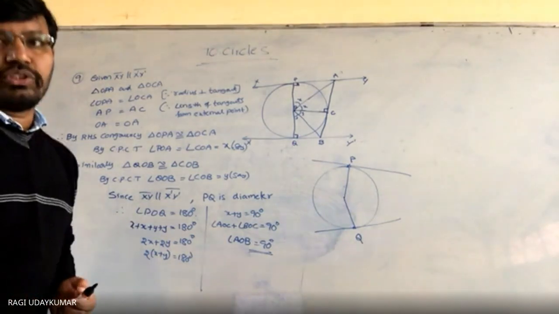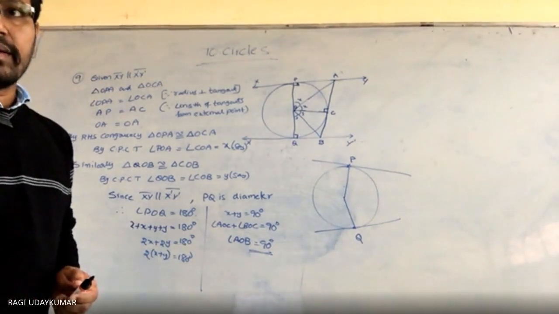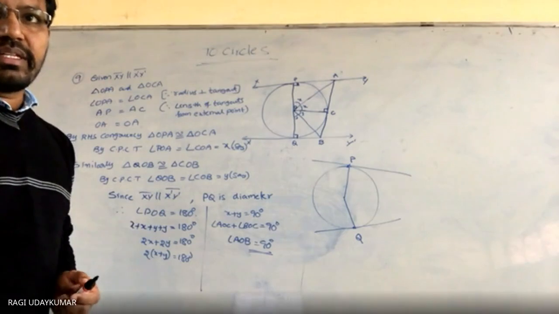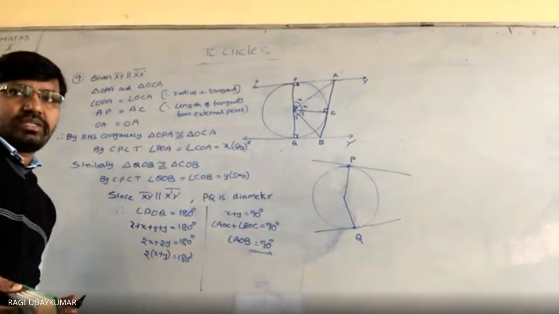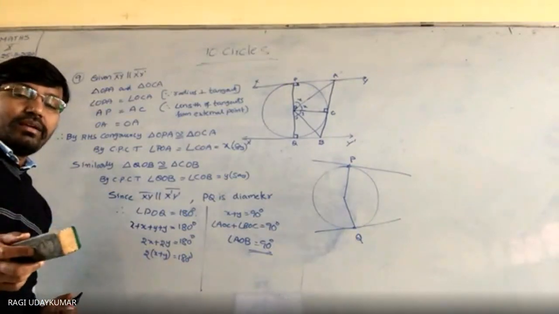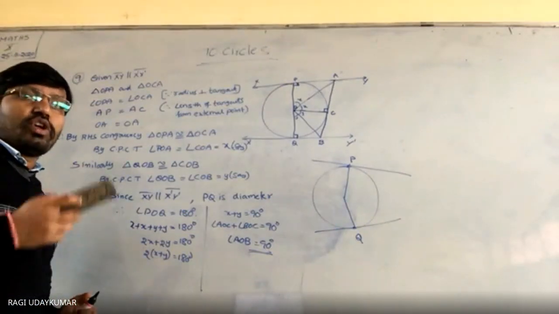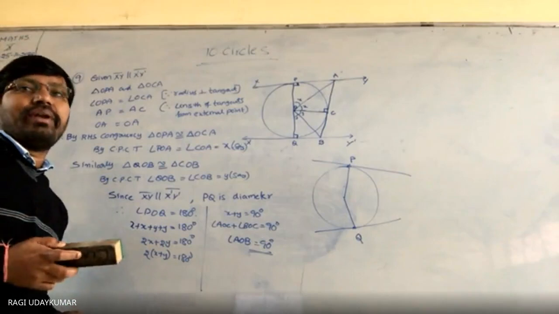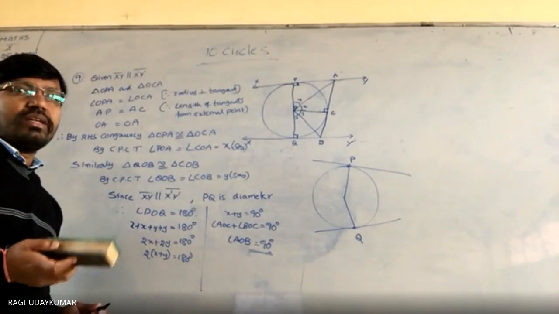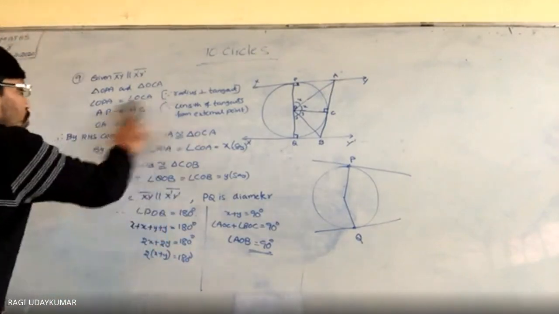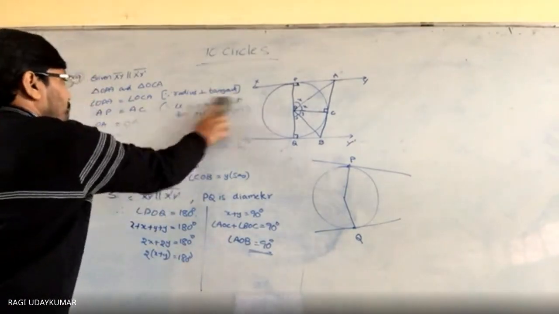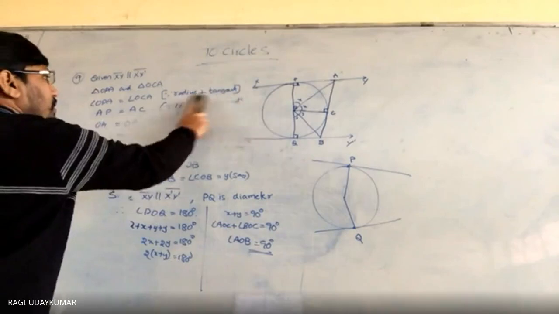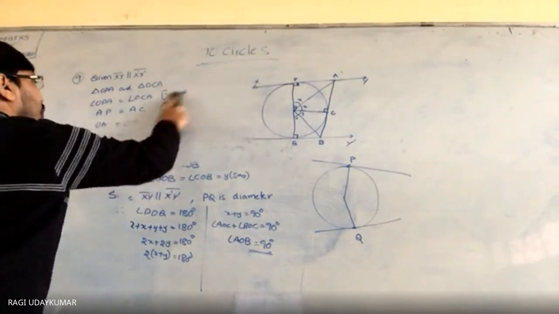Let us move to the next question. The 9th question is completed, and now the 10th one: prove that the angle with the two tangents. After reading the question, you should be ready to draw the figure also. This is an important thing, and most of the students are not in a position to do that. So please read the question. Anyone of you please read the question. Do you have the textbook? Yes, sir. Yes, read the question.